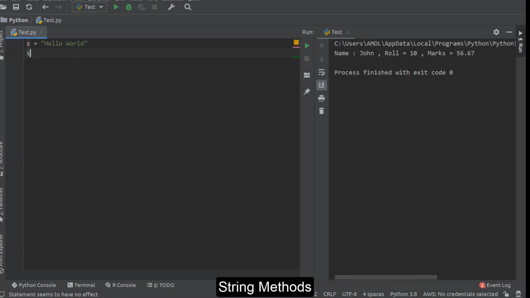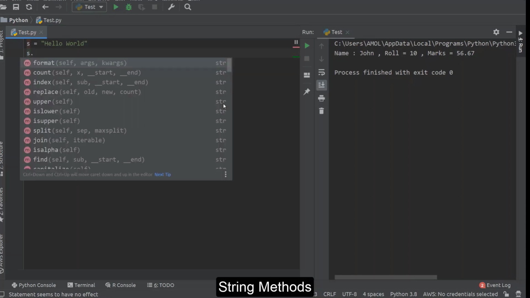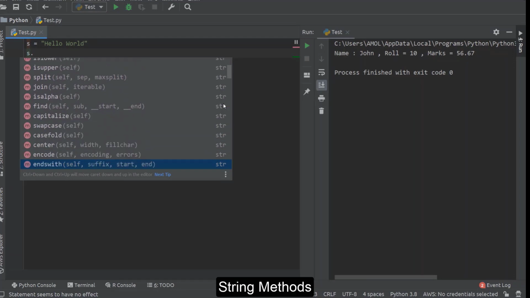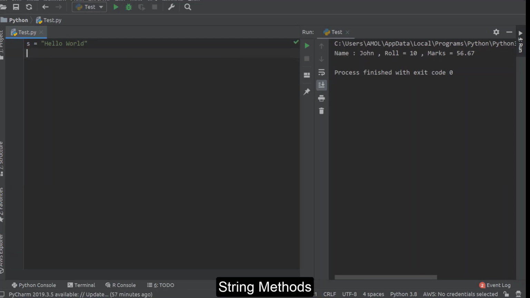You can understand it by just checking the methods after typing this dot, but still we will give some idea of some important methods here, grouped by the operations they carry out.